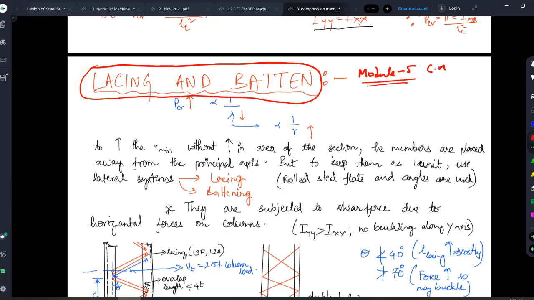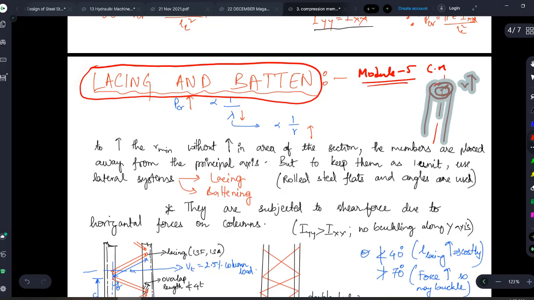That's why I told you in the beginning of the chapter that the most efficient cross section in handling compression was the hollow circular cross section, right? Thin circular cross section. So if you have something like this, what happens? The radius of gyration will be maximum, because the material is very far away from your centroidal axis. Obviously, whenever you are finding out your radius of gyration, under root I by A, you will find that your r is maximum in this case. As r is maximum in this case, your load carrying capacity increases.